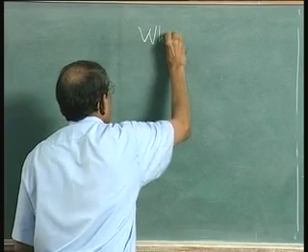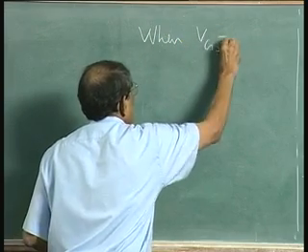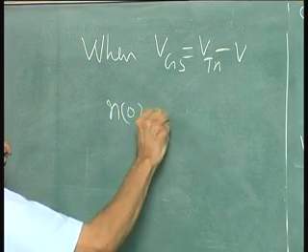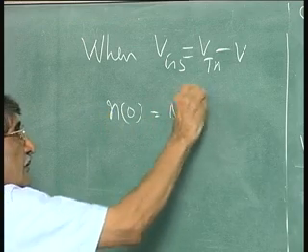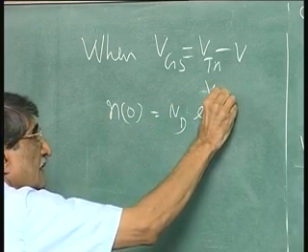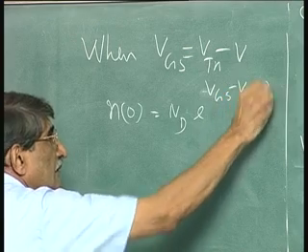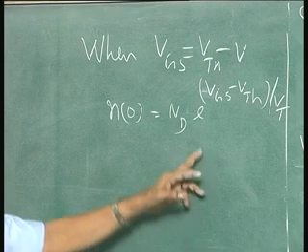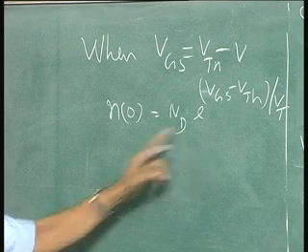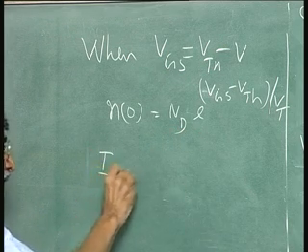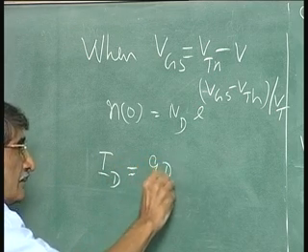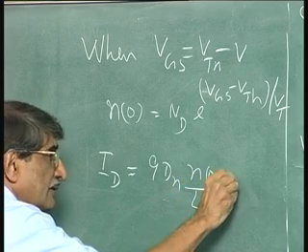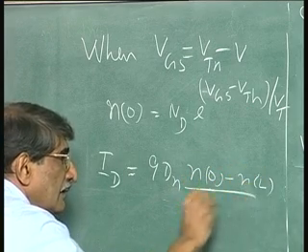when VGS is equal to VTN minus V, N 0 is equal to ND e to the power of minus V, that. I have rewritten that, just putting NN 0 is ND. Okay. Therefore, current ID will be equal to QDN N 0 by LG. In fact, N 0 by NL divided by LG,